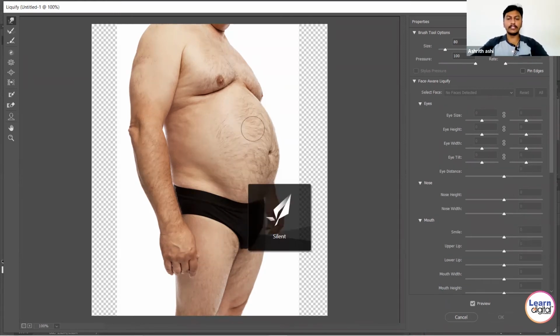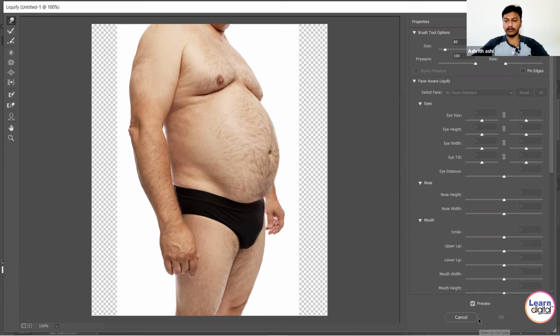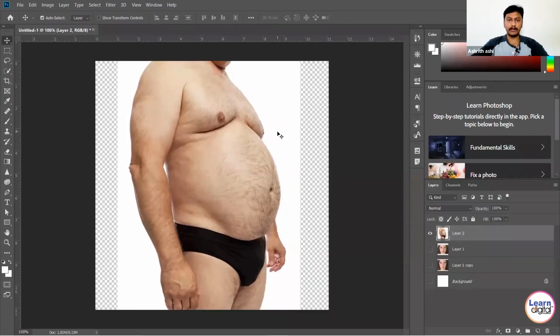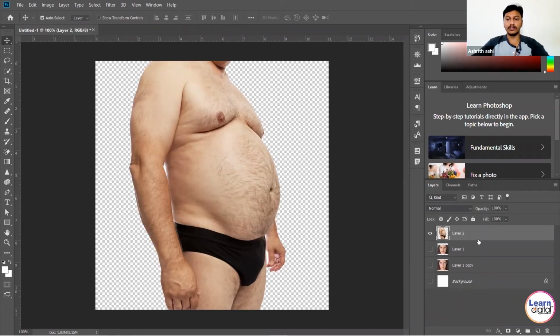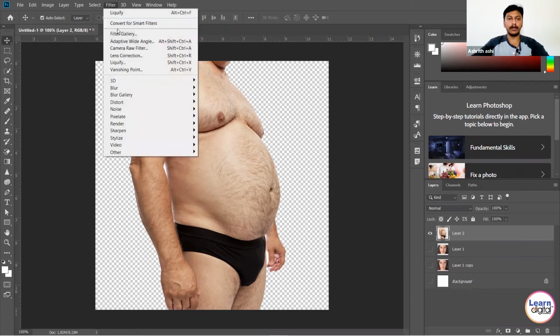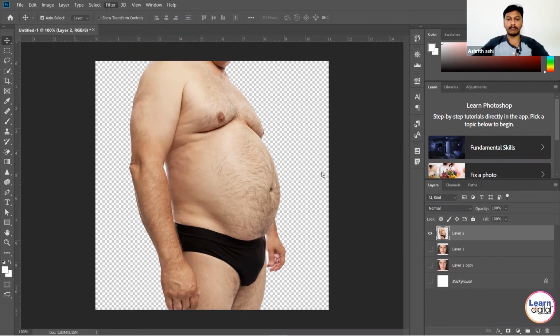Make sure that whenever you use this kind of image, it should be transparent. This one is not a transparent image, and I want to remove the white parts. We already discussed the tools, and everyone knows them. I'm using the eraser tool, the magic eraser, because everything is white, so in a single click I can remove it. Now select the layer, then Filter, Liquify.